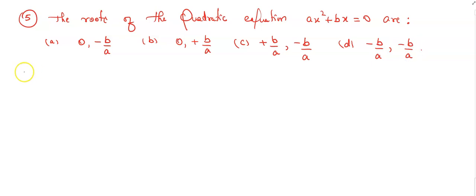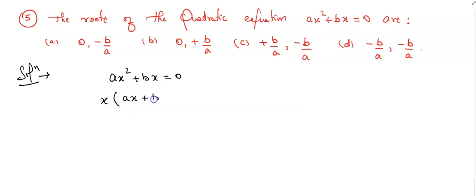Children, this is also an examination question. This question also appeared in the final board exam. Okay. So can you guess what may be the answer for this question? Any guess, children? Quadratic equation ax square plus bx is equals to 0. We can see here on both sides, what is common? X square and x. We can take x as common. Then what is left out?